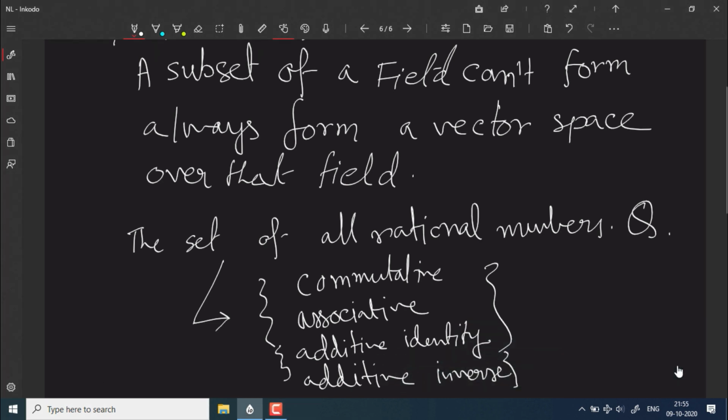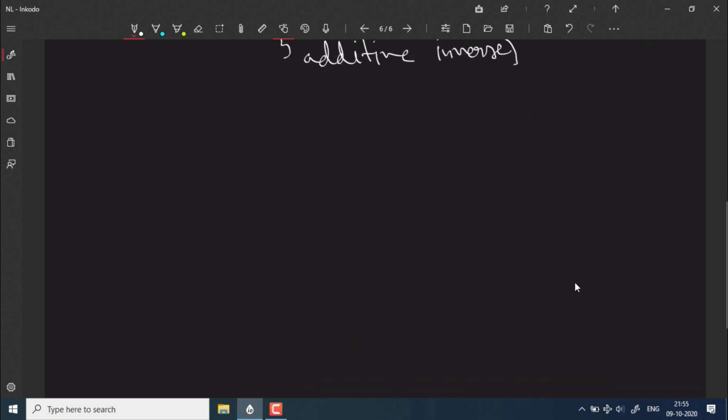So Q forms a vector space over itself. However, even though Q forms a vector space over itself, if you want to verify whether Q is a vector space over